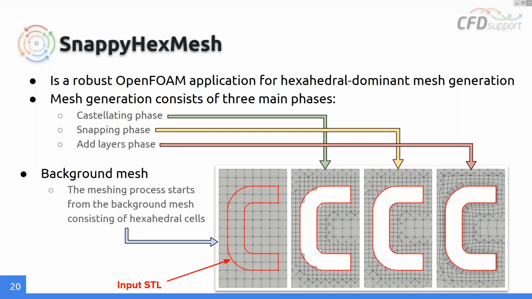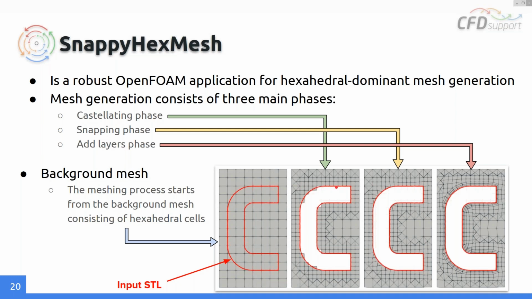Behind the TCFD we use the snappyHexMesh meshing tool. Just for those of you who don't know snappyHexMesh, it is a robust OpenFOAM application for hexahedral dominant mesh generation. The mesh generation consists of three main phases. It starts from an initial mesh called the background mesh. The mesh consists of hexahedral cells only,